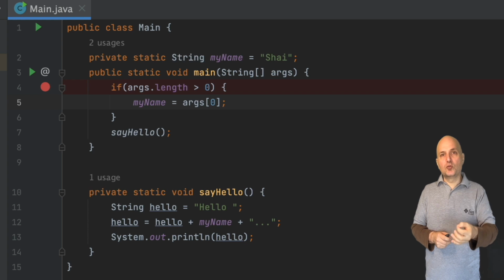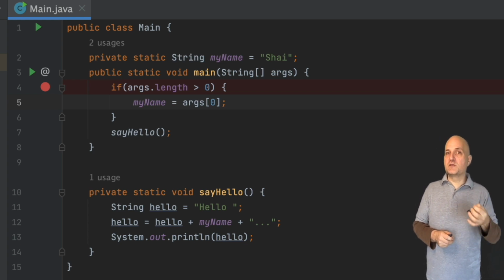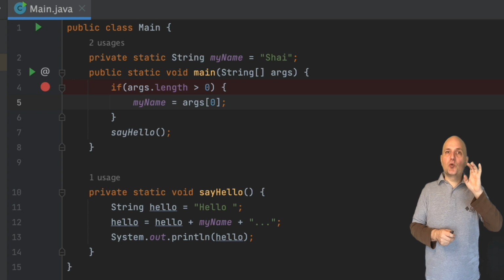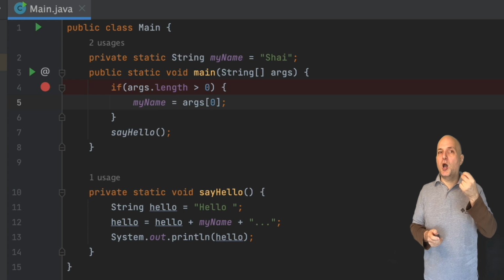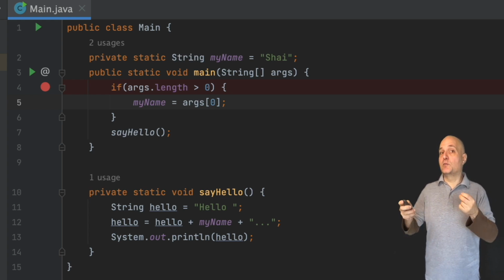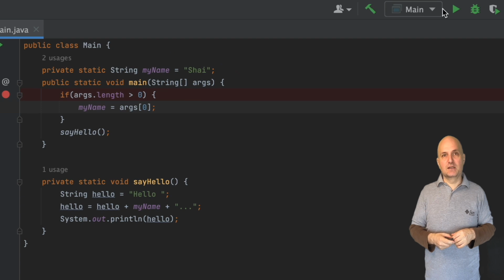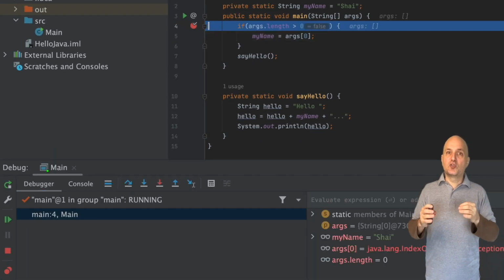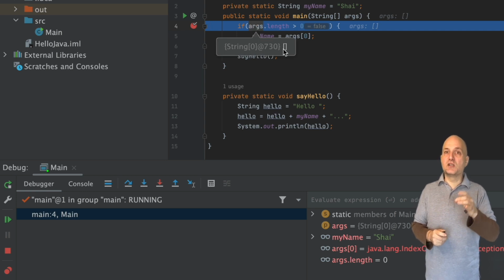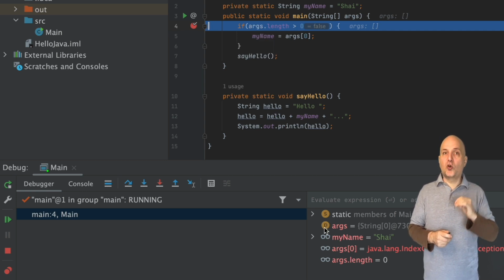It's a great tool to find bugs or problems in our application, but it's also an amazing learning tool. We can use the debugger to explore how our application works and see how it behaves in runtime. Let's proceed. Instead of clicking the Run button, I click the Debug button next to it, and IntelliJ stops at the line that I marked. It means the application is running, but it's now paused on that line, and I can look at everything that it's doing under the hood.